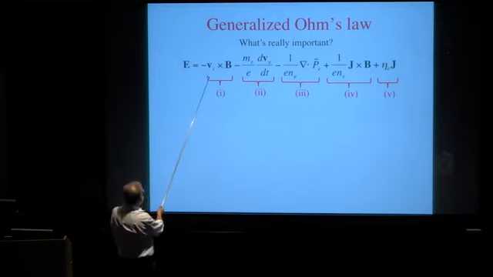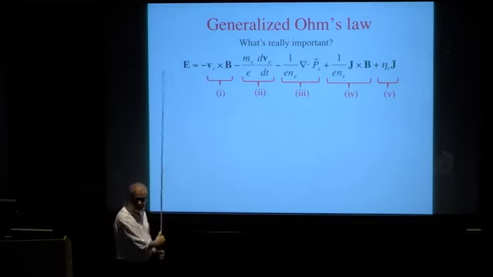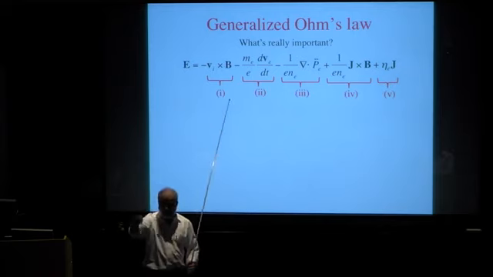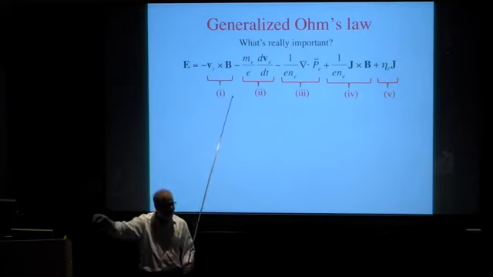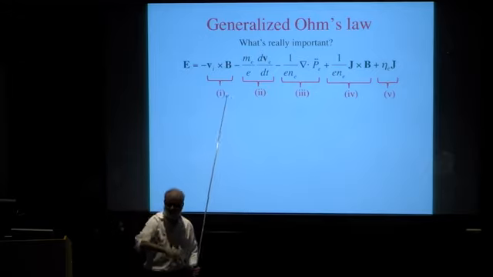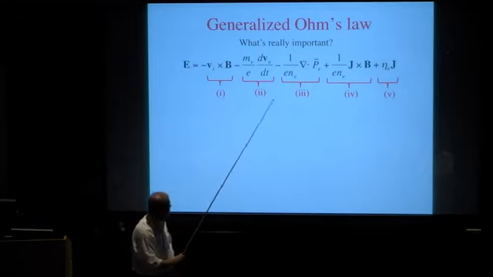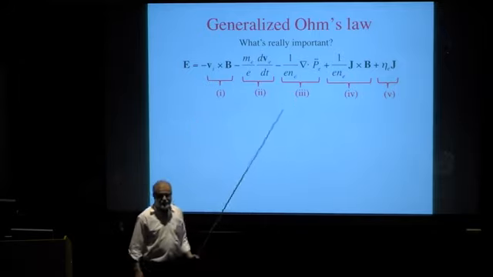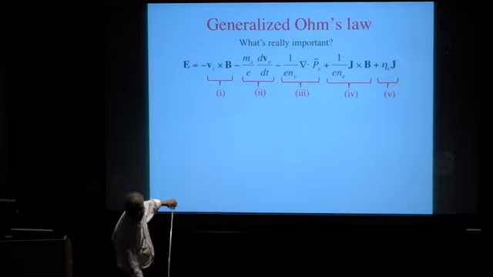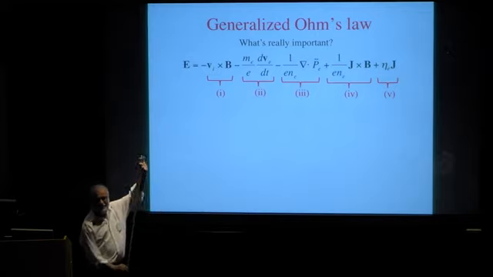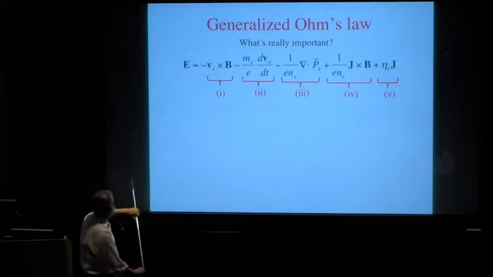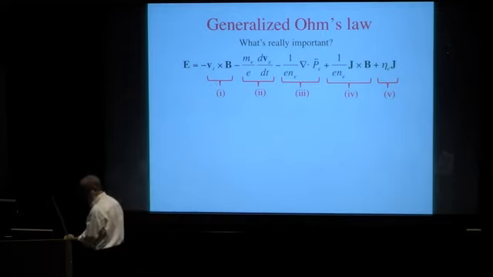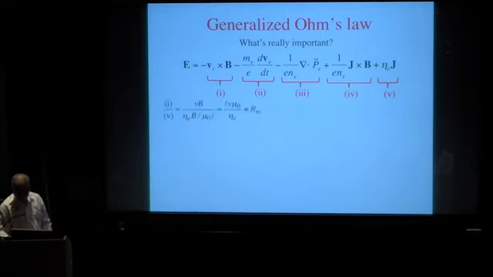And the V_e cross B that sits there in the electron equation is broken up when you write J as n e (V_i minus V_e), eliminate V from the problem, write things in terms of V_i, and you get this term, and you get the Hall term. So the origin of the Hall term in the generalized Ohm's law is that you simply rewrite the V_e cross B term in the electron equation. So we're going to start with that to try to understand.